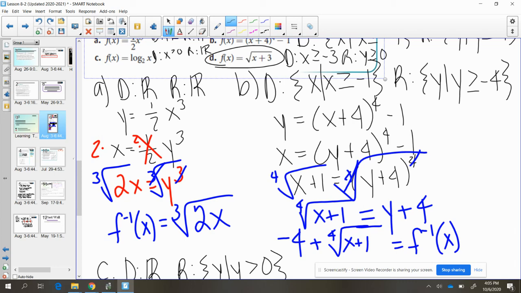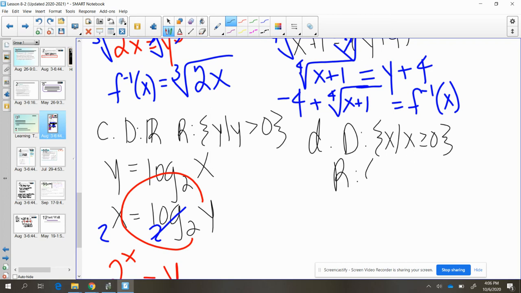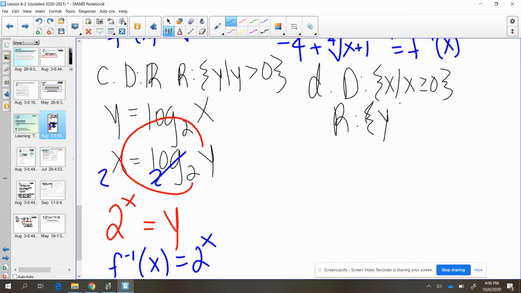Okay, so what we have to be careful on here is that for letter D our new domain and range, the new domain is going to be the range of the original. So the range we said was all the y values greater than or equal to 0. And then our x values on the original we said were greater than or equal to -3. So that means our y values in our new function will be that way. And our function itself